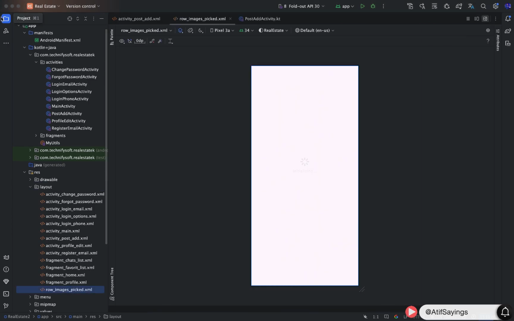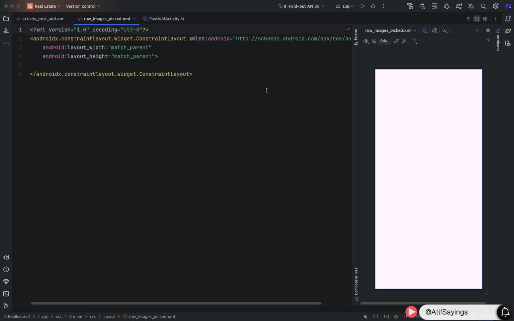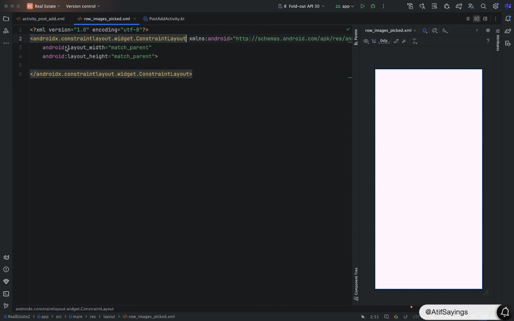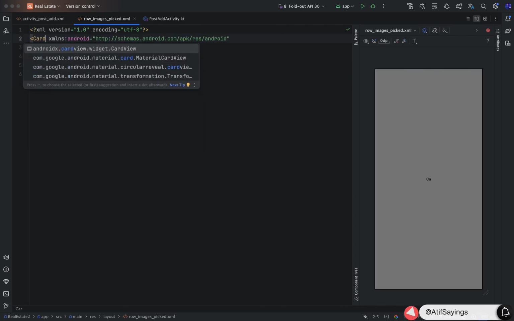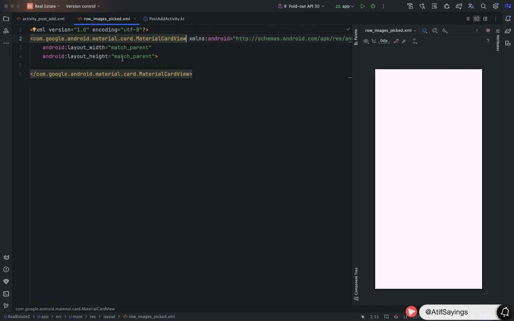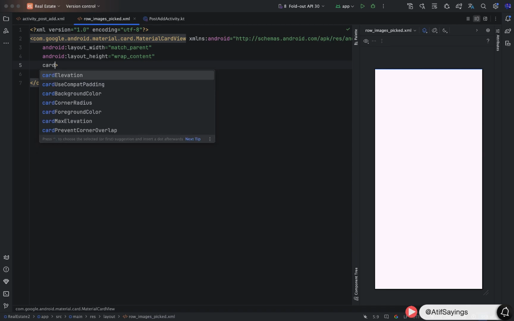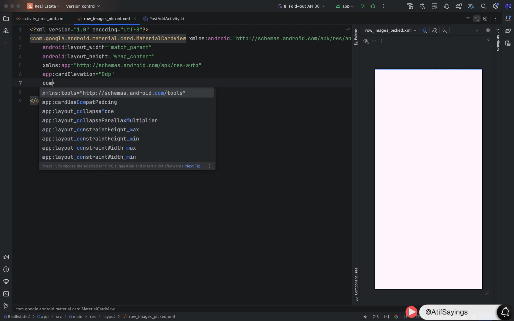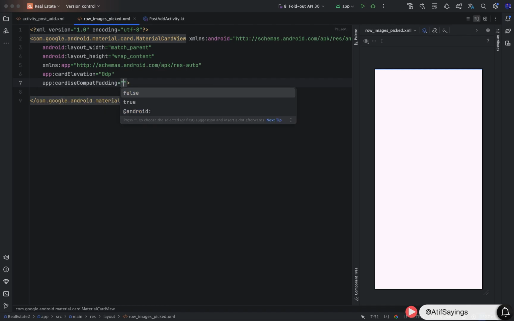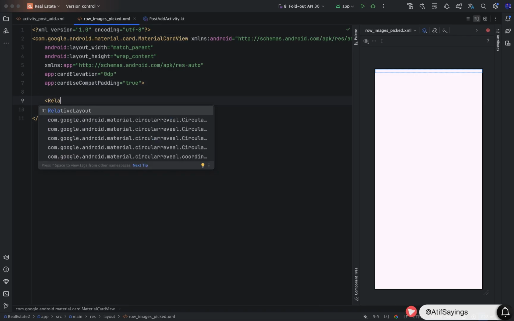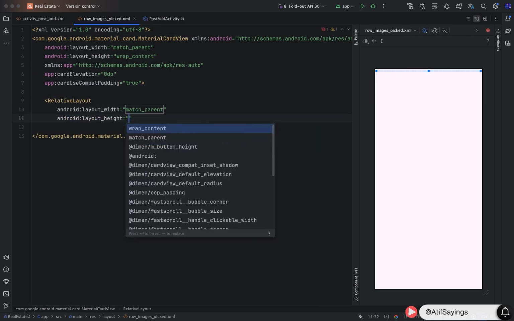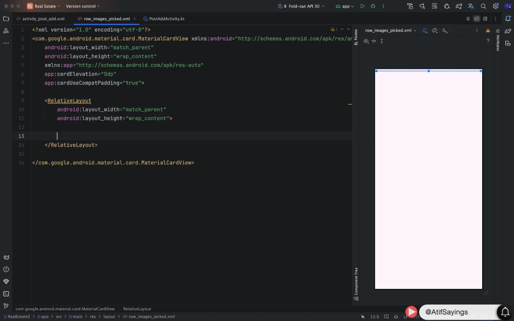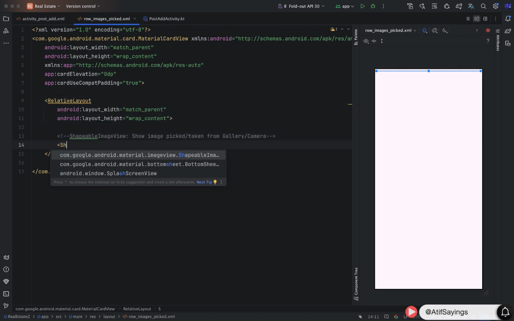Now open the raw images pick.xml file, and replace the constraint layout with material card view with width match parent and height wrap content. After setting the width and height, we need to remove the card elevation using the property card elevation with value 0 dp. After that, we have used the property card use compact padding with value true to allow the card view to use the padding automatically. Inside this card view, we have created a relative layout with width match parent and height